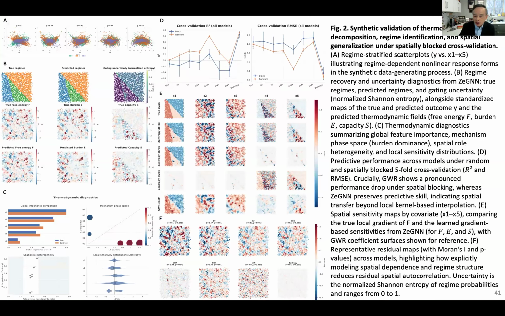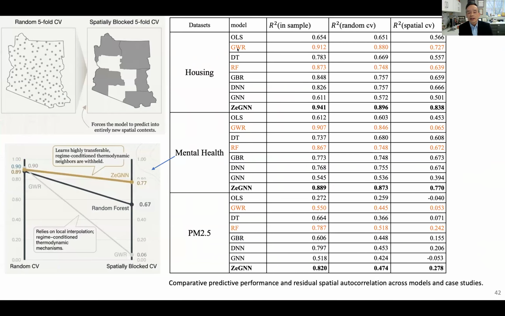Yeah. I will continue. This manuscript we have revised 3 times. I hope it's finished very soon. And this graph ZENN showed here is showing the graph presentation, but also putting the value here. For the housing one, you can see a different model. GWR is the conventional model used, random forest is the deep model, and the GM is a standard model too. And this is ZENN. So you can see that there are two for the random sample, random cross-validation, and the spatial cross-validation. You can see it's